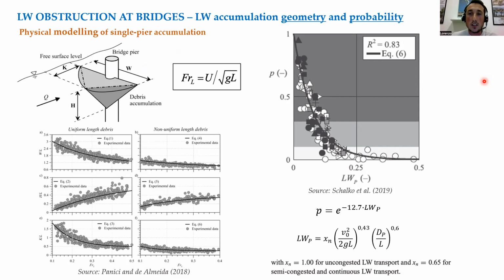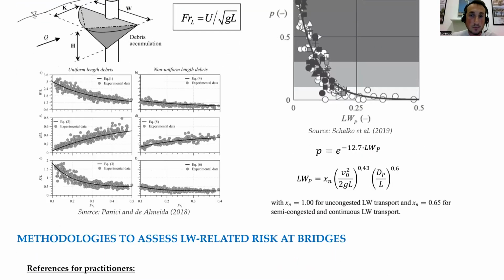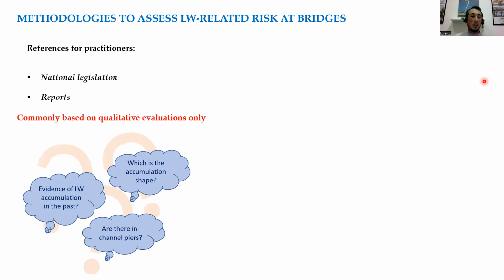This is only an example that comes from the paper by Schalko et al. 2019. So I chose this topic also because it's important, of course, from the research point of view, but also it's important